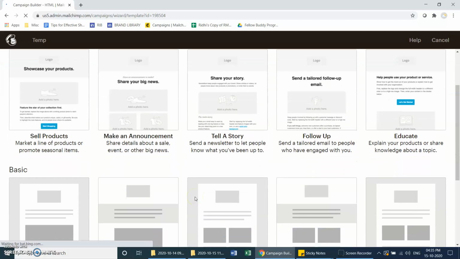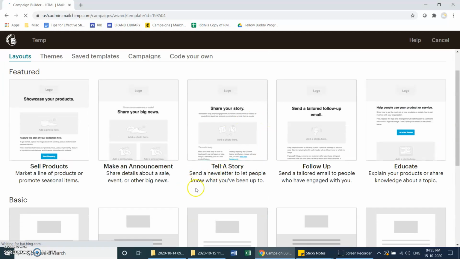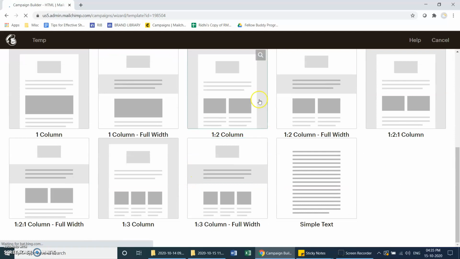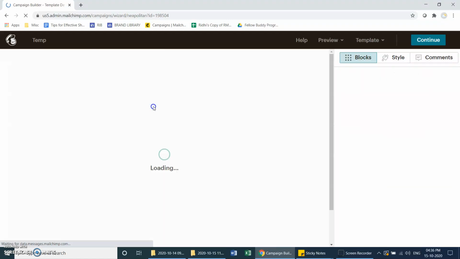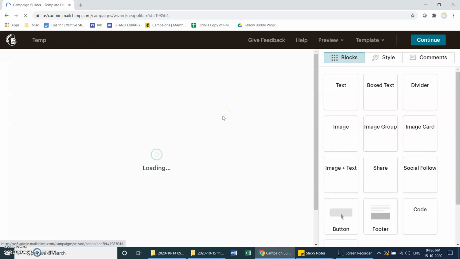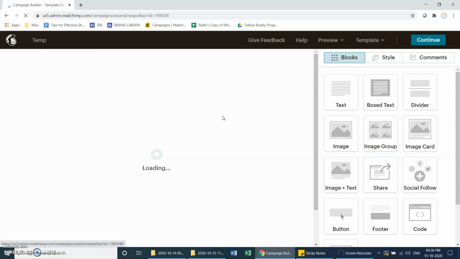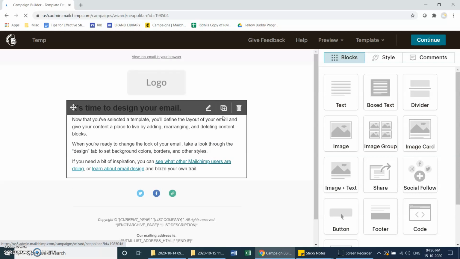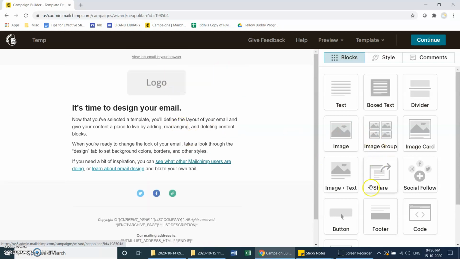Now, unlike the last one, here you will have to choose what kind of design you want to start with and what kind of column width you want. I would say just try different column widths to see which one suits your purpose. That's what I do because it just helps me try out different ideas. Let's say I chose this. So what this has done is it's given me a very basic template to start with,